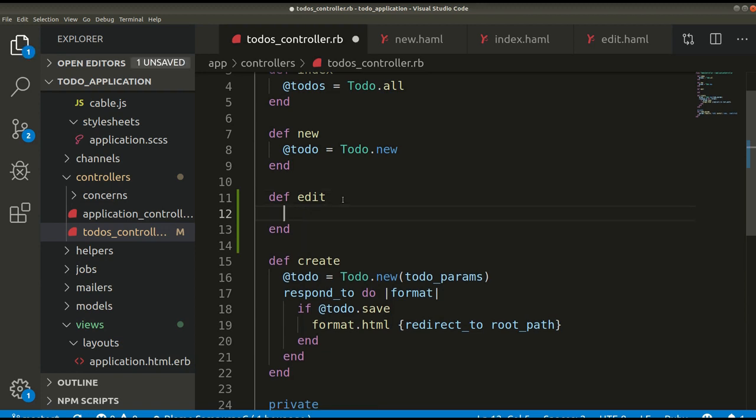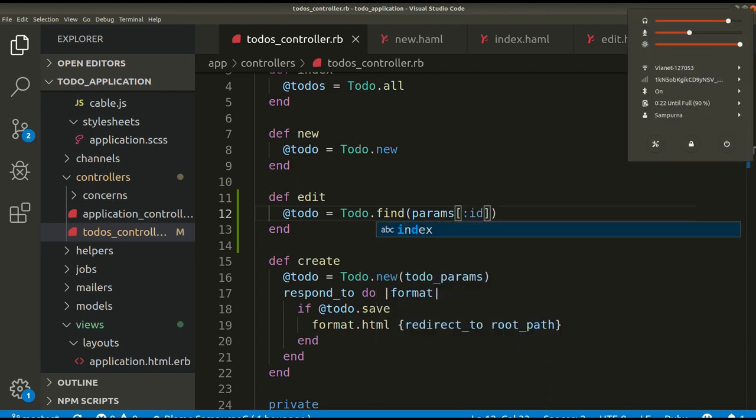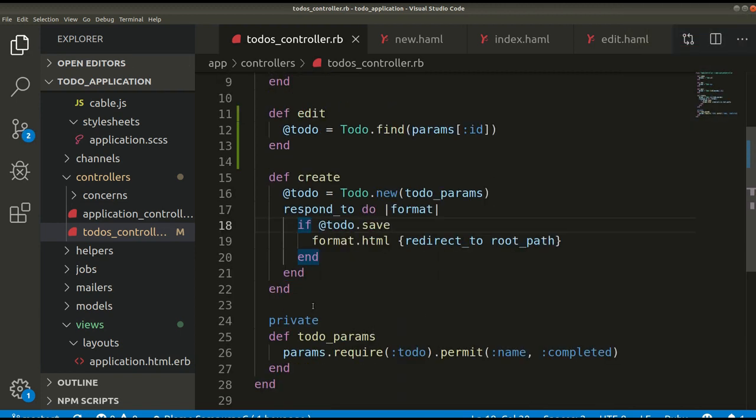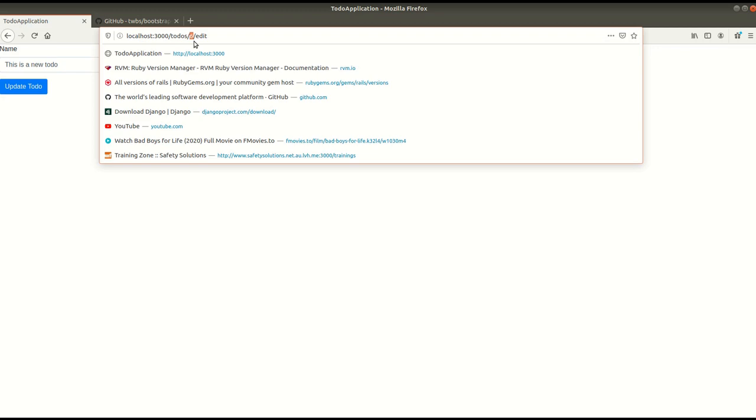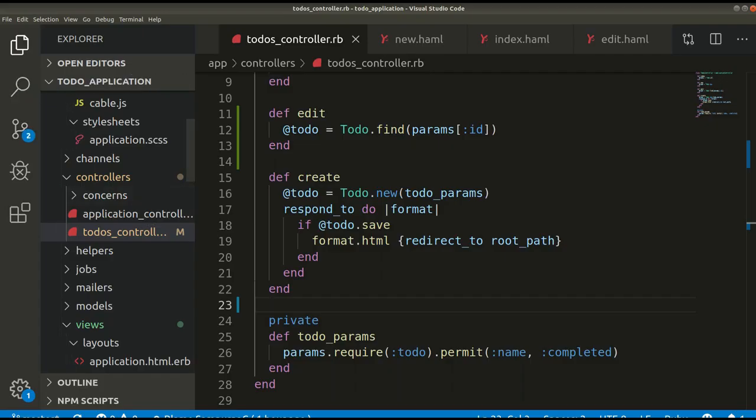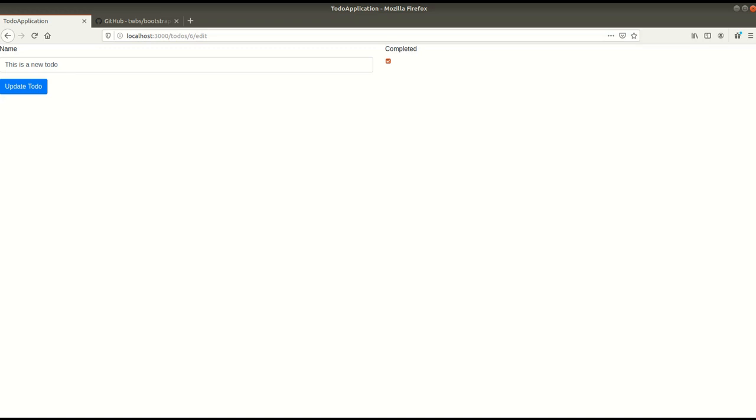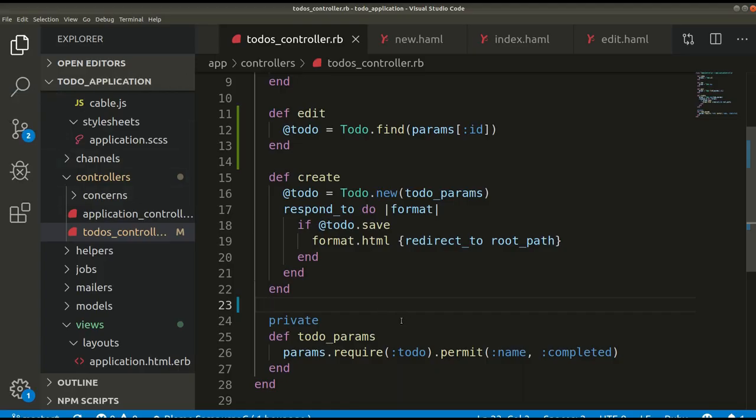Now we have to write some code inside this edit action at first, okay? So todo equals Todo.find params of id, and then after let's create one. If I refresh this page, then see, now it's getting the value of this todo with id 6, okay? Now we have to work on this update todo action. So for that, let's create one new action called update. def update,